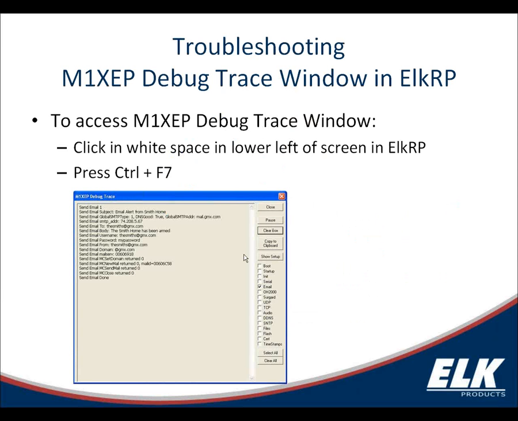All right. When you're in ELK-RP and you have your account open, on the left-hand side of the screen, we call that the Windows tree. If you simply right or left-click on any white space, any blank space on the left-hand side, you can then press Control F7, and it'll open the Debug Trace window. Like I said, in some cases it'll be a small window. You have to resize it, and then from there